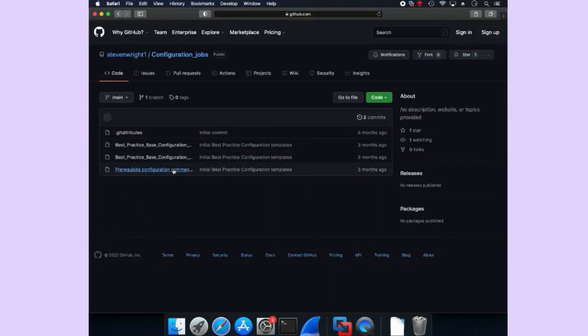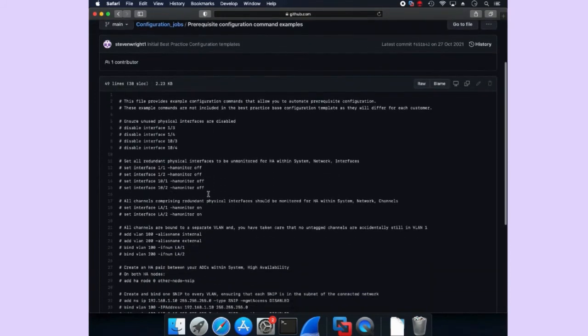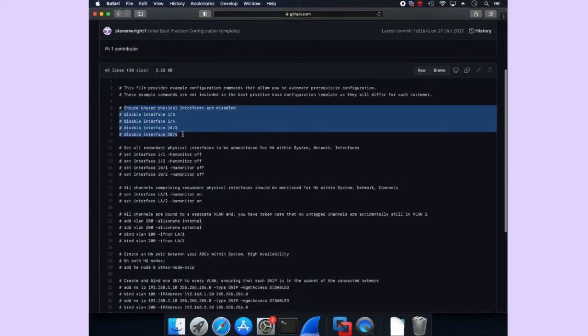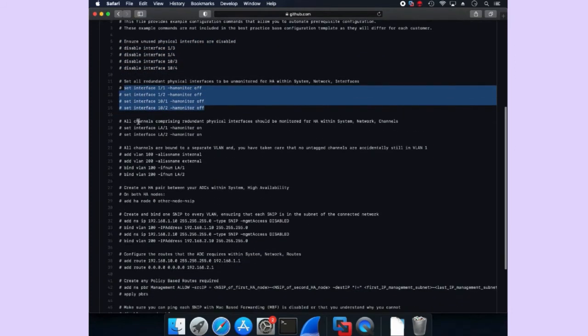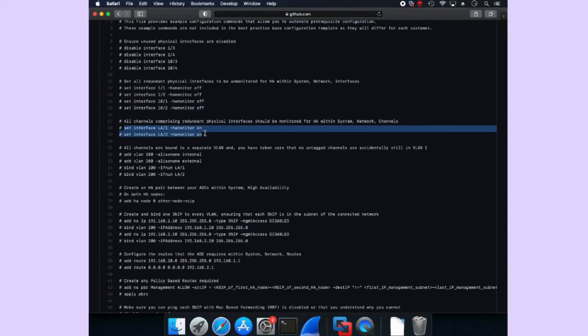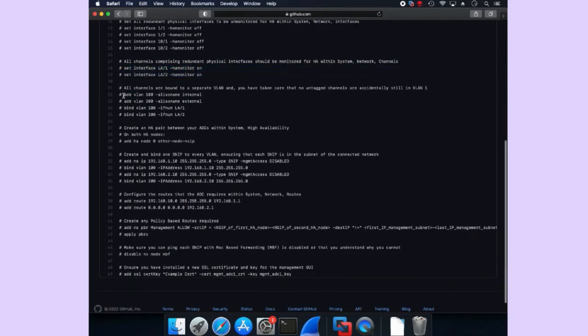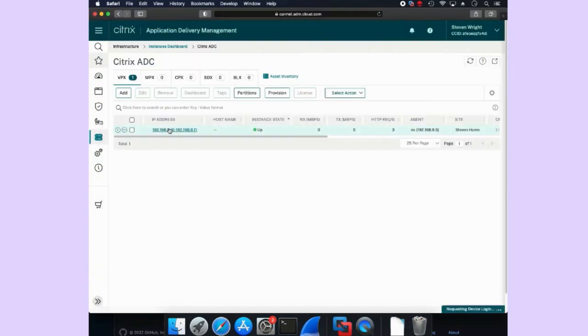So the very first thing we need to do, of course, is to go and download those commands. You saw the link on the previous screen. There are some prerequisites here. If I move down the prerequisites list, you can see we're disabling physical interfaces which aren't used. We're marking interfaces which are in link aggregates as unmonitored because we don't want to fail over if an individual component interface fails. I'm not going to read each of these prerequisites, but there are some clear specifics we need to do. And in a virtual environment, those specifics broadly are to have a management SSL certificate,